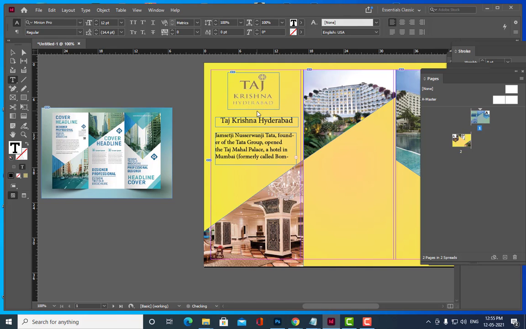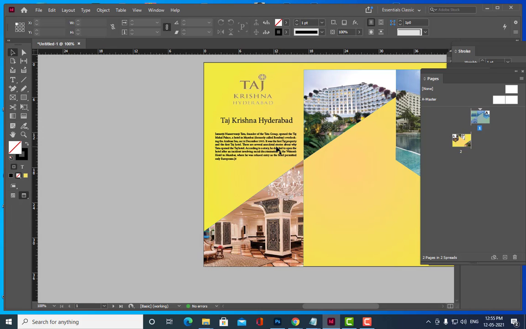Just we can paste it. Okay, is it clear, all of you? So just we can see, I am not using any styles here, but in case you want to use the styles, you can use.